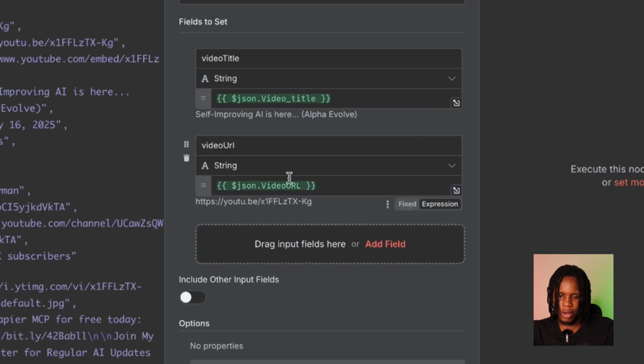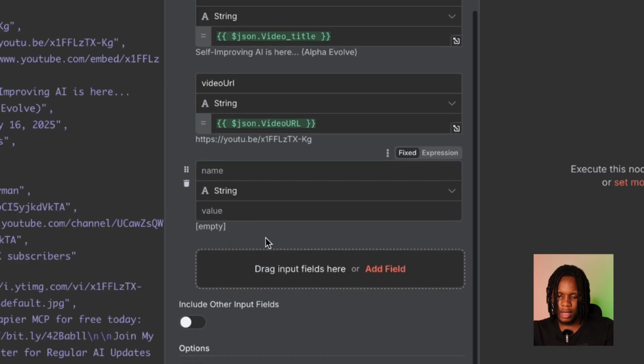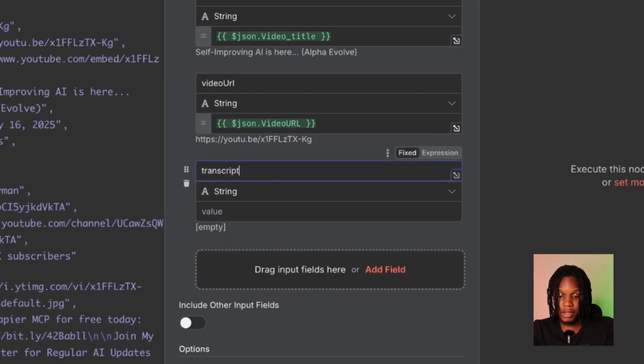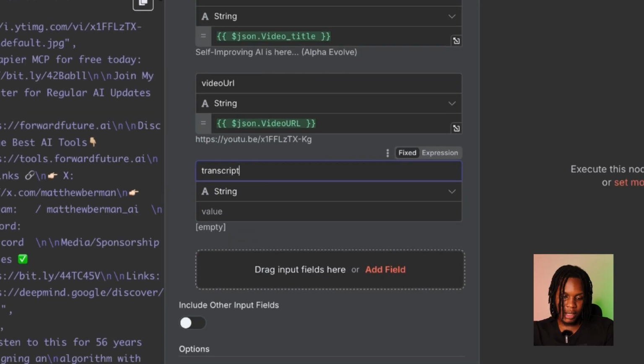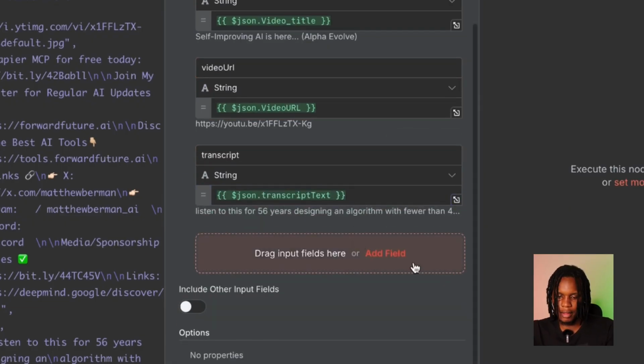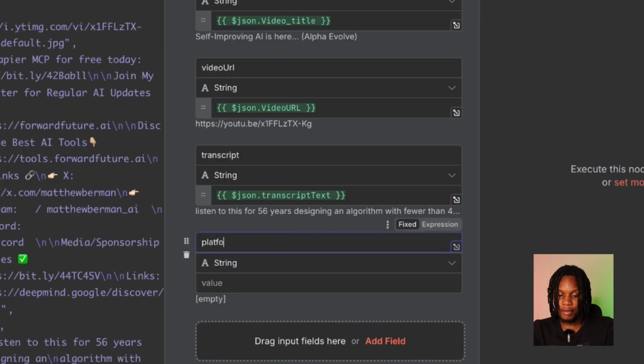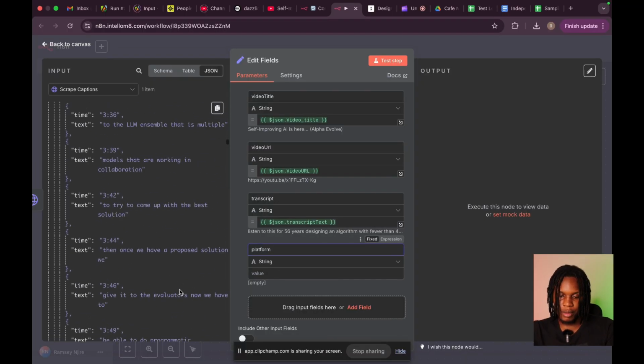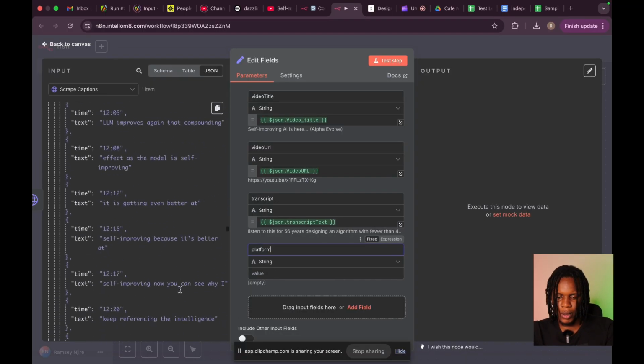And then we are going to have the transcript, which is going to pull from the transcript text, sorry. And then we are going to have the platform, which is going to pull from the platform all the way down